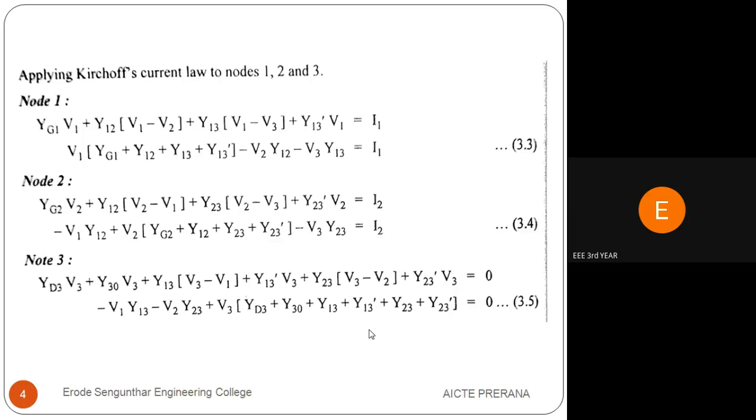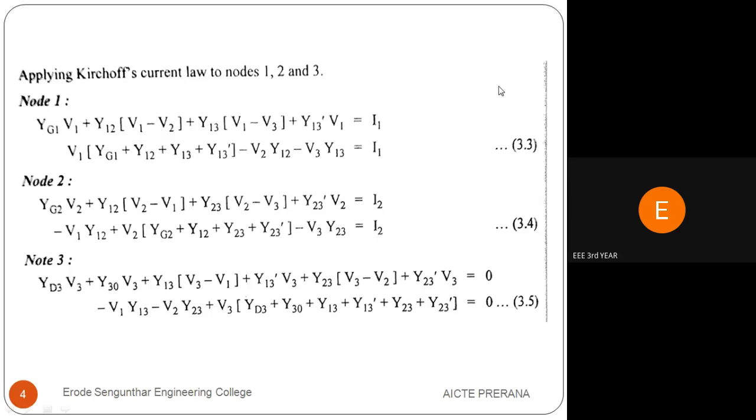For each node, we have to form the matrix. If we are considering 2 nodes, then the output will be 2 by 2. If we are considering 4 nodes, the output matrix will be 4 by 4. Here in this, we are considering 3 elements, so automatically we can say that the matrix will be 3 by 3. So from this, I'm going to write the